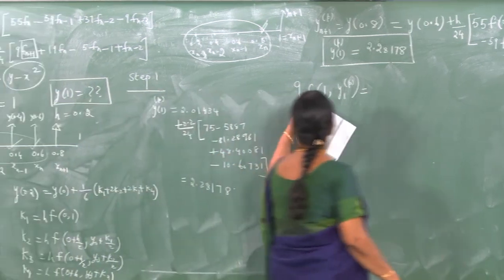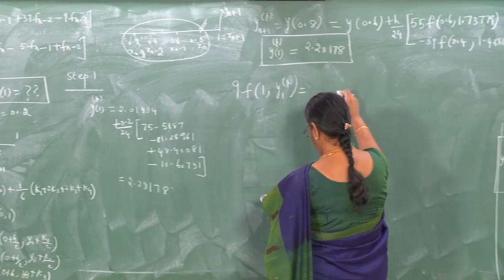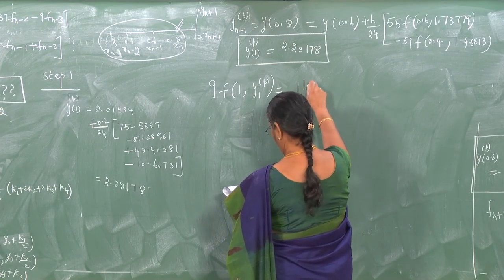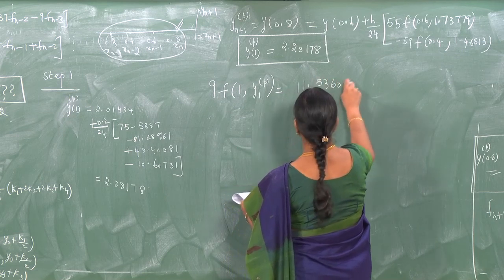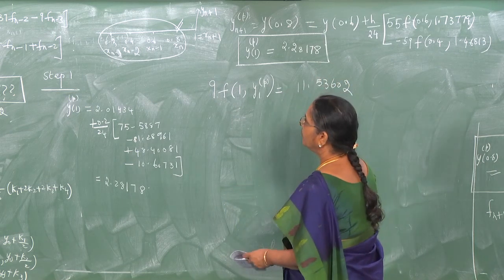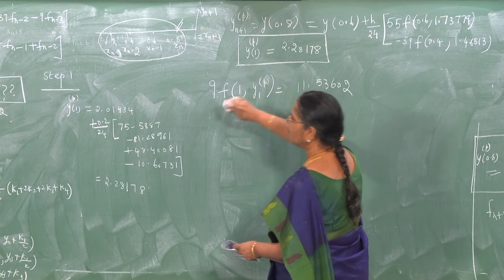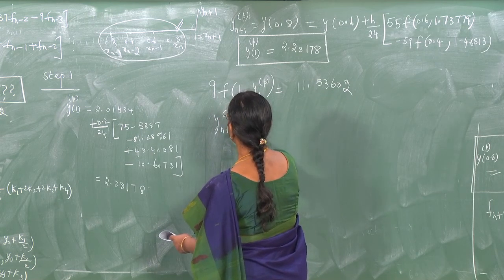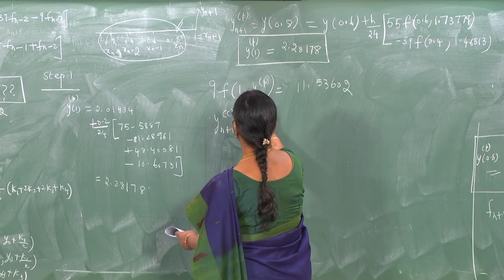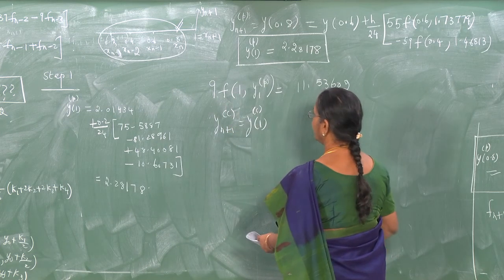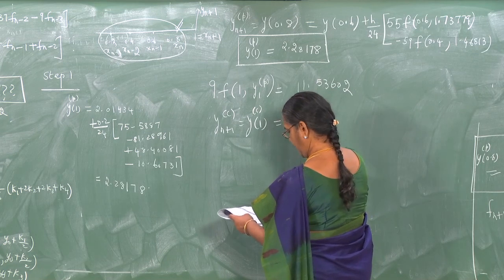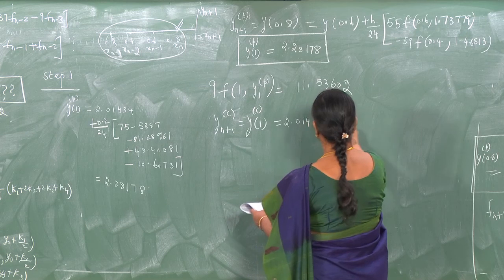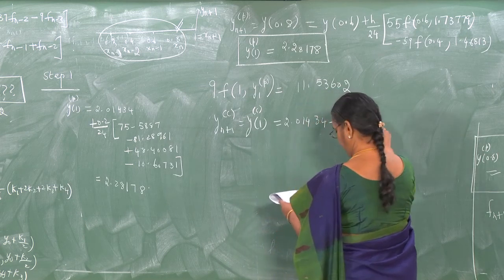So, I take 9 times this and the value turns out to be 11.53602. Once I have the fn plus 1 value, I use the corrector. So, yn plus 1 corrected is y at 1 corrected, and that turns out to be 2.01434 plus 0.2 by 24 into